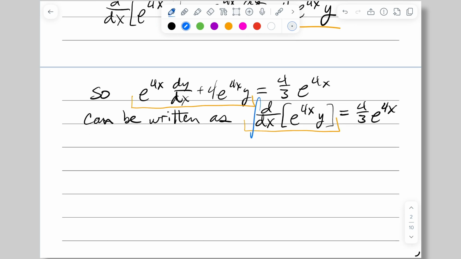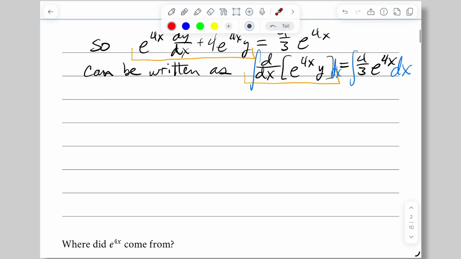This is going to now be solved by integrating both sides with respect to x. On the left-hand side, the integral of the derivative, well, that cancels each other out. We end up with e to the 4x times y. On the right-hand side, we're integrating 4/3 e to the 4x. We'll divide out the 4 because of a du thing. Remember the substitution rule. And on the right-hand side, we have 1/3 e to the 4x plus our constant of